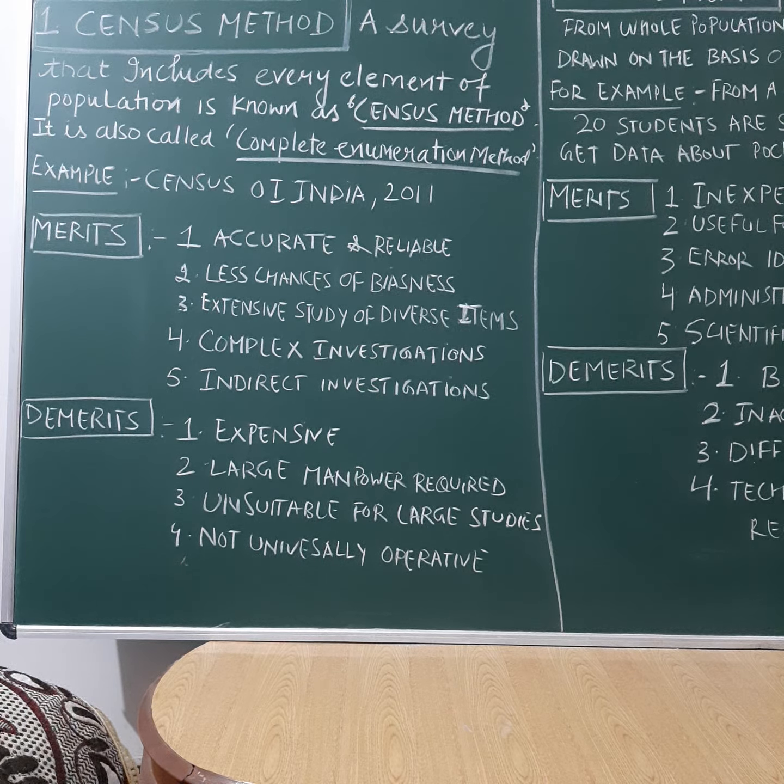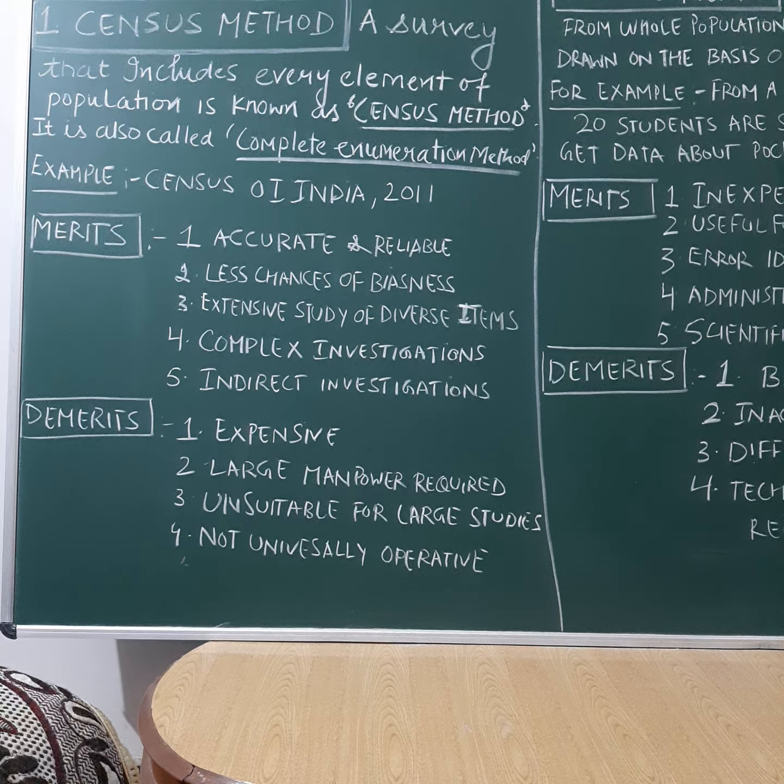An example of the census method: you must know that every 10 years, a census is conducted in India. In the same census, data related to the whole of India is collected. What is the total population in each and every region, how many males and females are living, how many males and females are educated, how many are uneducated, how many are employed, how many are unemployed, how many are living in rural areas, how many are living in urban areas. So the data related to different people is collected by the Government of India every 10 years. In the census method also, the data has been collected.